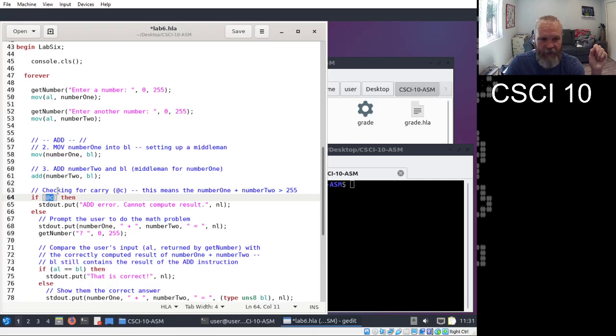So if the add instruction does flick on the carry bit, that means that the computed result was too big for an 8-bit register. So that's how the circuit kind of works. It does the add, and then if there is too much, it will flick on the carry bit, and we immediately check that. Now, let me see if I can show you a picture of that.